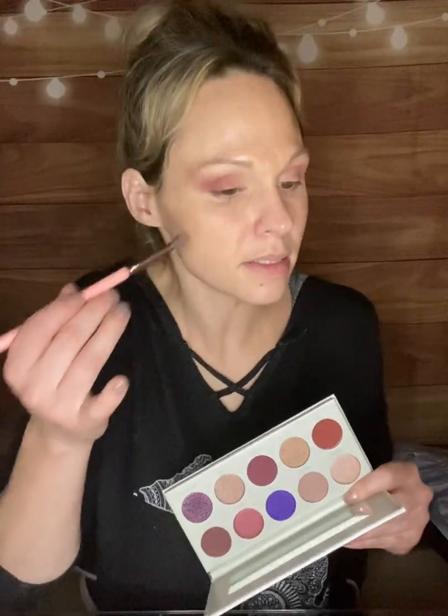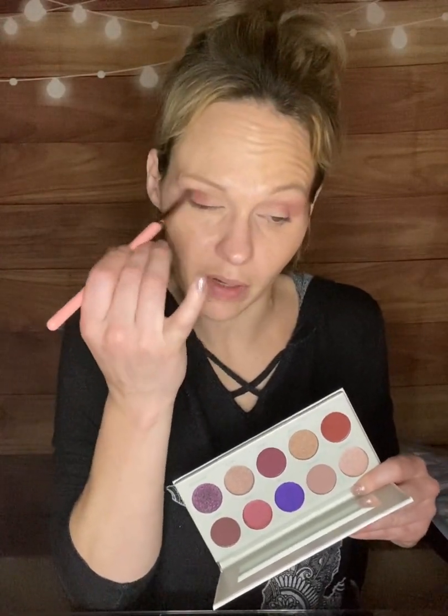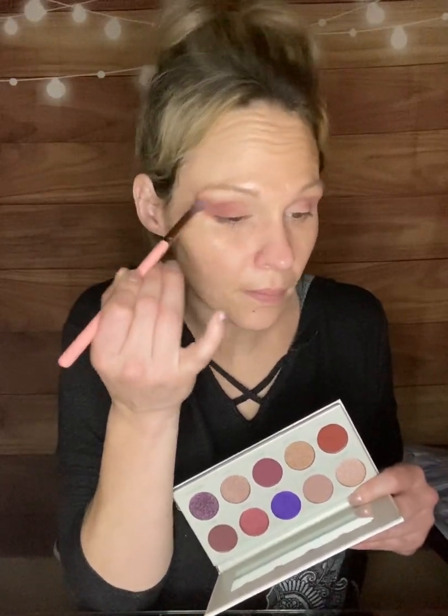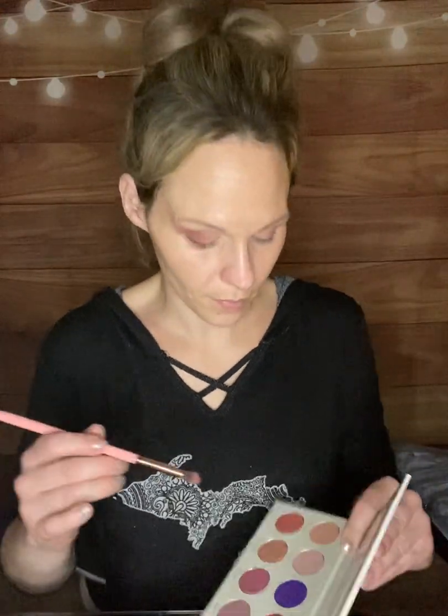I'm really liking this palette. The formula seems to be Morphe, and it is nice. I like it. It's blending very nicely. The pigment is there. I'm going to go in again. It's always better to build up than try and deepen too quickly, because then it gets tough to blend out. You can always go back in with more. So it's just always easier to...